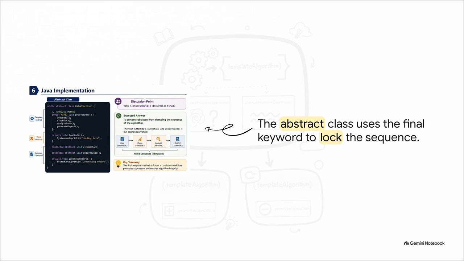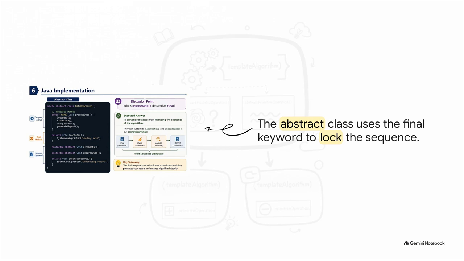Now, pay really close attention to the clever little use of the final keyword on the processData method. It says public final void processData. That right there is our ultimate control mechanism. By declaring this template method as final, we are completely preventing any subclass from coming in, overriding it, and rearranging our fixed sequence. Inside that method, it calls loadData, cleanData, analyzeData, and generateReport in a very